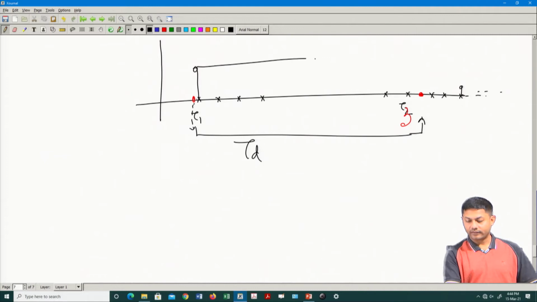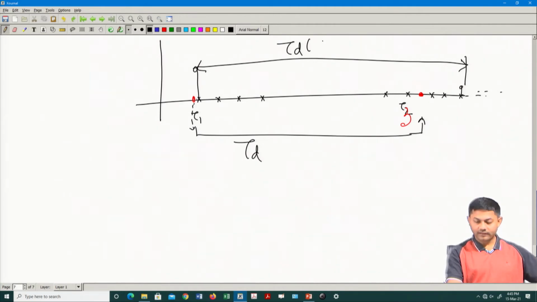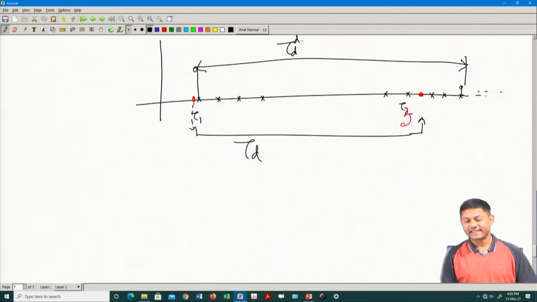So, this is my tau d I would consider, because that is the delay between the first step and the last step, and that is the definition. But this one is actually digital, so I would call it tau d of d, the digital one. Now, there is no guarantee that tau d and tau d of d will be equal, but they are related. I cannot say they are equal, but I would say they are of the same order.